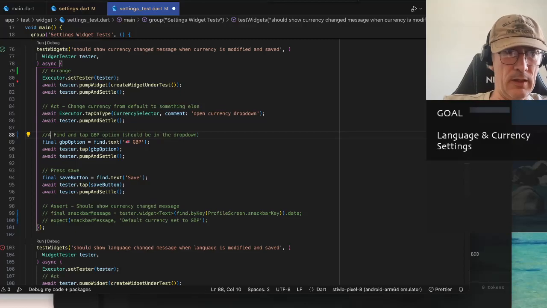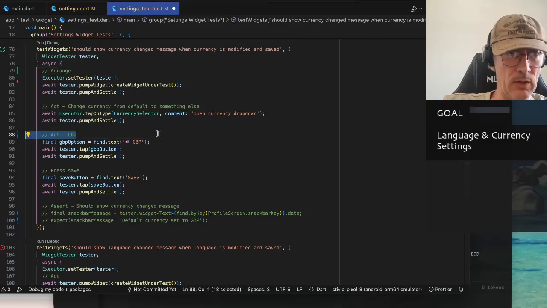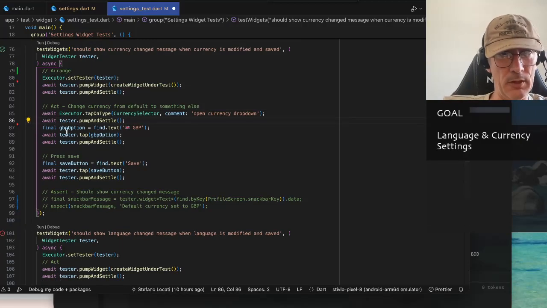Right, and then we say act, instead of saying find the GBP, change. No, this does not. Yeah, okay. Yeah, we can say that. Change the default from default to GBP. So what it does, opens the drop down. Yeah, just one comment is enough. Opens the drop down,